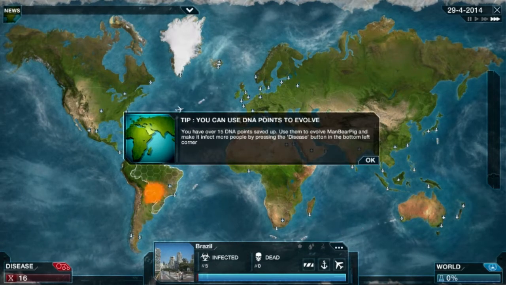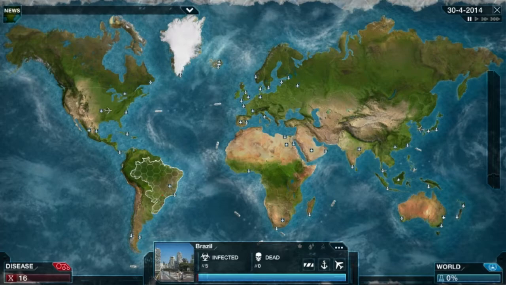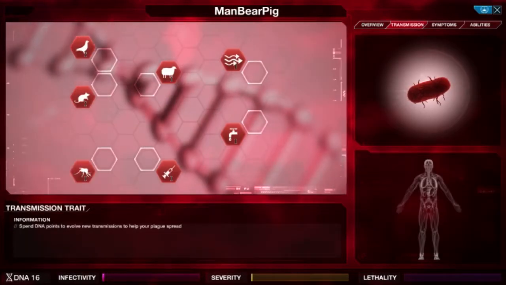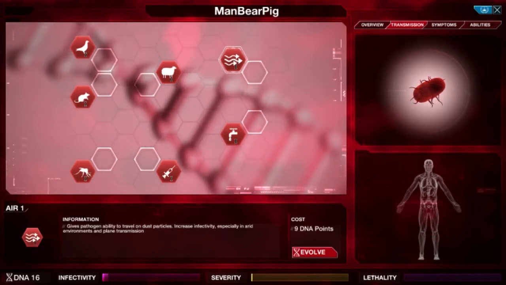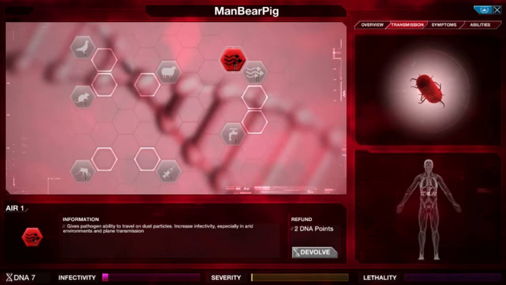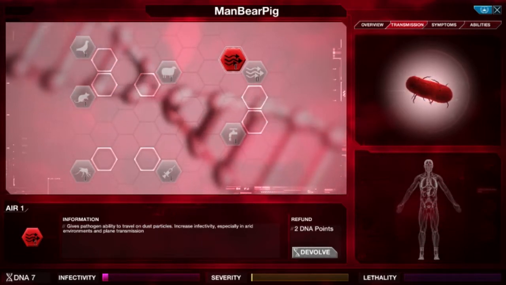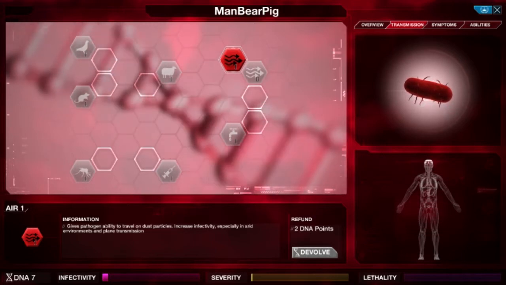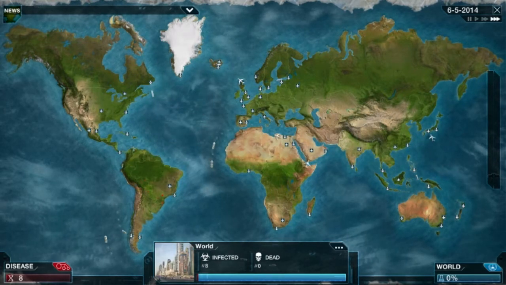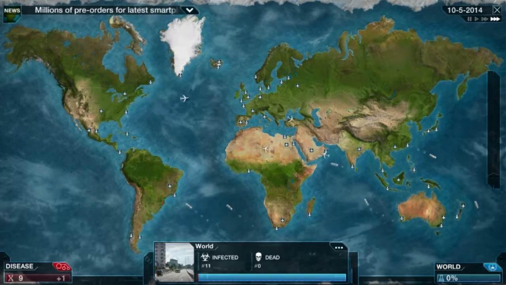So right now I've infected 5 people. I've got a few DNA points, so we're going to do some evolution. What I want to do is be able to be transmitted by air. That would be very useful. It gives you a little explanation down here of how you do it. I evolved the ability to travel on dust particles, especially in arid environments, and in plane transmission. And now that I can be spread by air, I'm going to infect people a